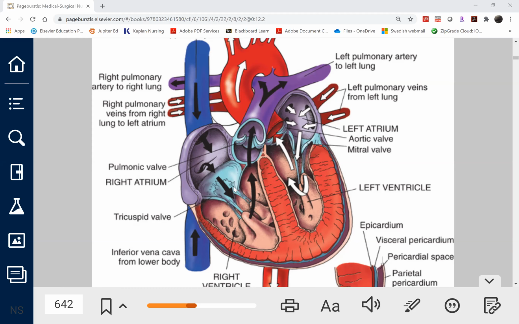What if this damage, this is leaky, so some blood returns back there? Will that also disrupt the unidirectional flow of blood? Yes. Okay, so I can go on and on. So there can be structural problems, there can be electrical conduction problems, or the final problem in chapter 35 is there